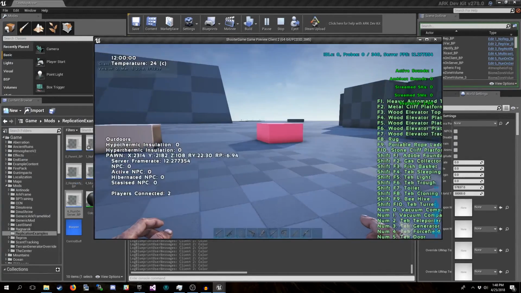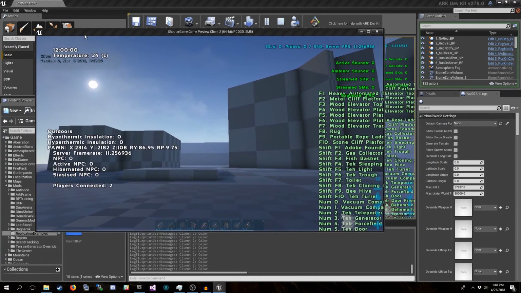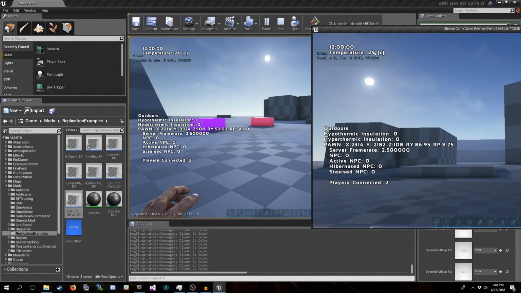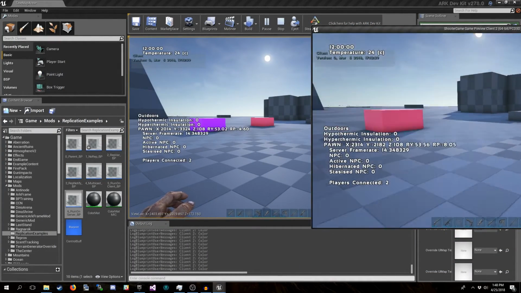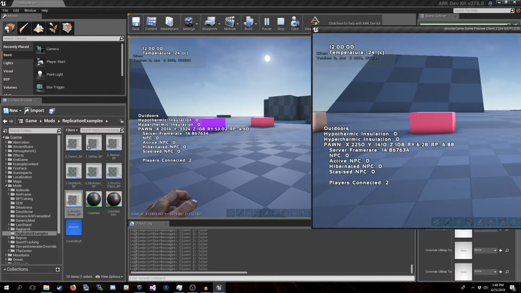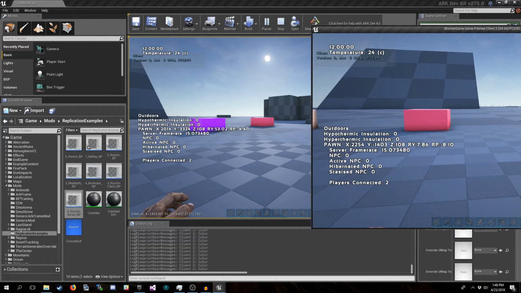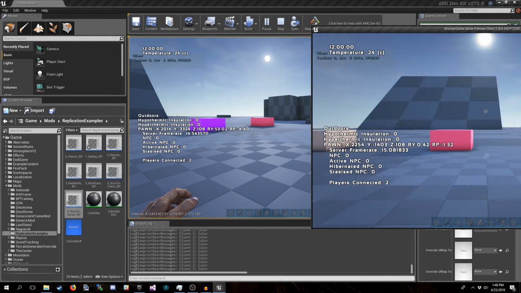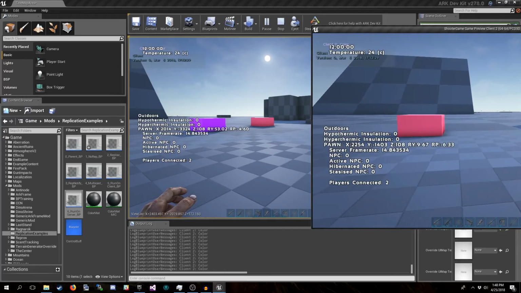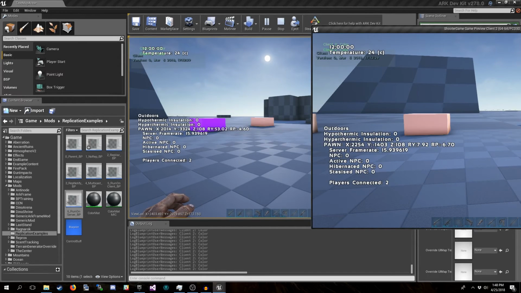And if I actually come over here, if I drag this over here, and I'm looking at it, okay? So we're seeing the same box, that pink one on the right there. And this is the window that we're controlling right here. If I press Y, look at that, it's immediate. You see it right away on both clients.